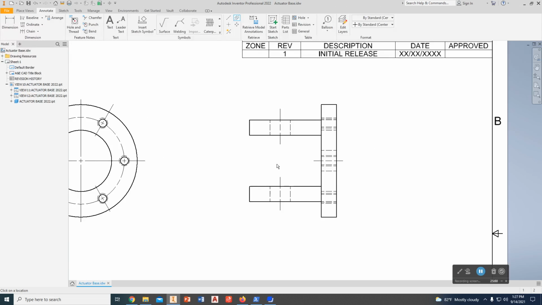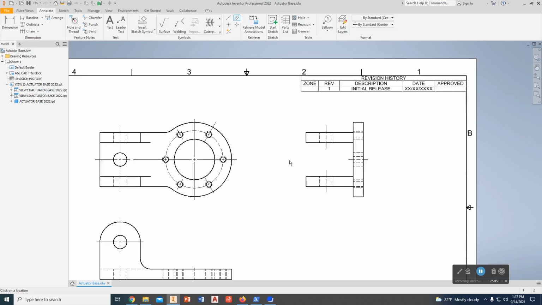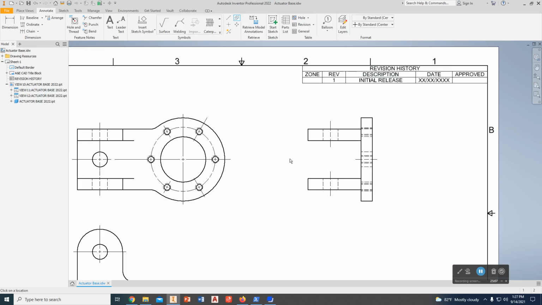All right. Now, one thing that's happening for me, I'm used to drawing with AutoCAD, and let's see if this is happening for you. When you scroll the mouse, does it seem to be going the opposite direction of what you're used to? Okay. So you can actually fix that